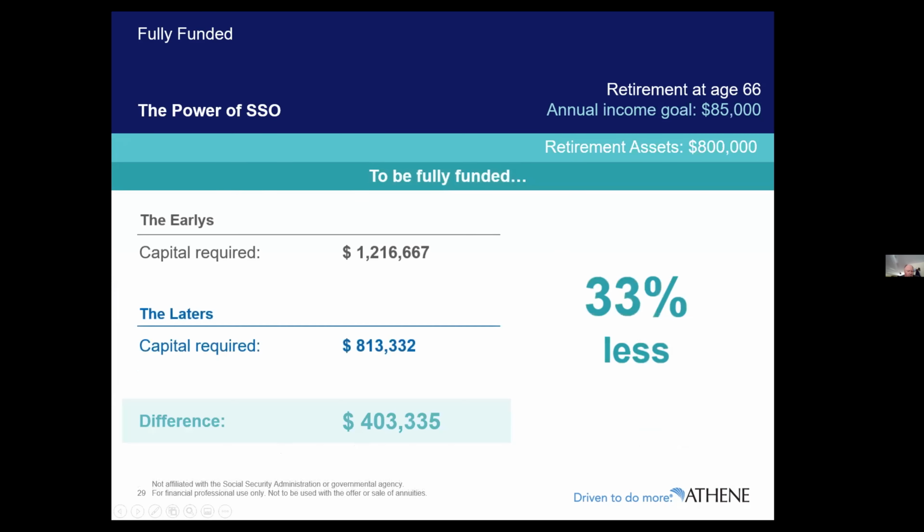We took the same income goal, the same time horizon, the same inflation assumption, the same portfolio construct, the same probability of success objective, the same PIAs. Everything is exactly the same. The only difference is when and how we took Social Security benefits, and the impact is profound. This is just math. The only thing anybody could argue with is the net in your pocket safe withdrawal rate. And I can promise you, they can argue till they're blue in the face. The numbers are not going to change significantly enough for this not to have a profound impact on